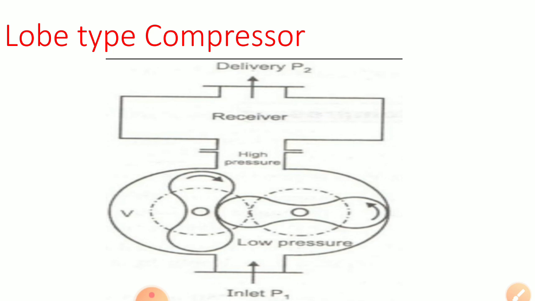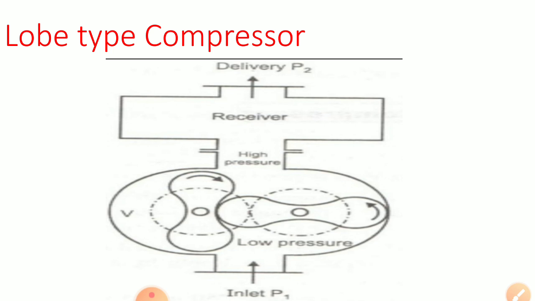Also, this compressor consists of two or three lobes. It may be a two lobe or a three lobe type compressor. Always remember, a very small clearance is provided between the casing and the rotor to prevent wear. After that, the shape of the rotor is also hypocycloid, involute or cycloid type.